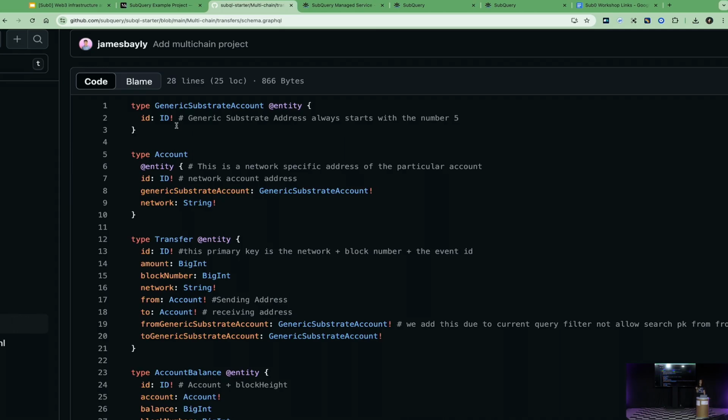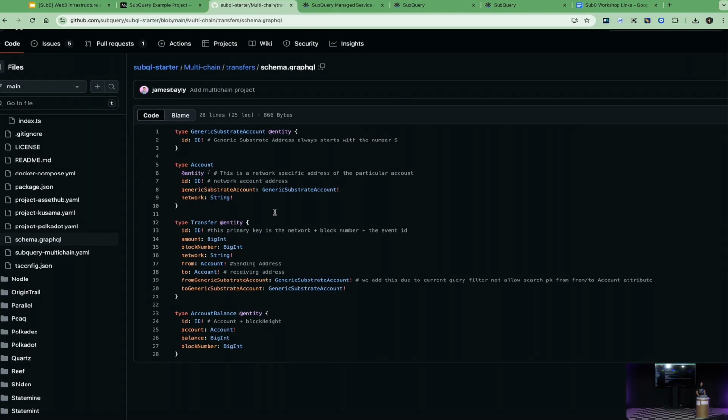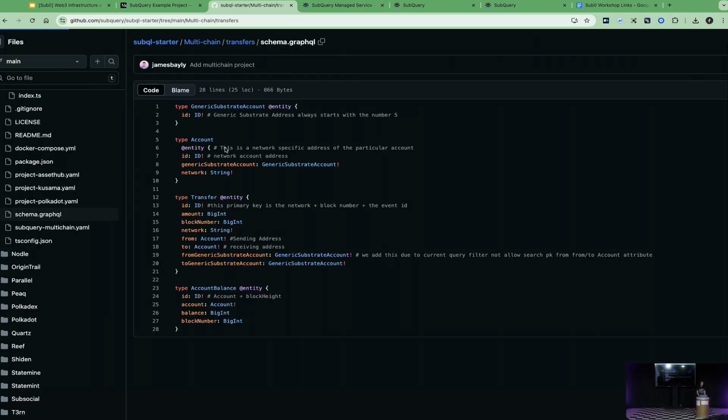And then you will be able to see, as a result, how a generic substrate account is actually sending and receiving those transfers across different networks, right? And that's why it's a separate entity here. And yeah, I think that makes sense. If there is any question, you can always stop me. You don't have to wait until I'm finished.